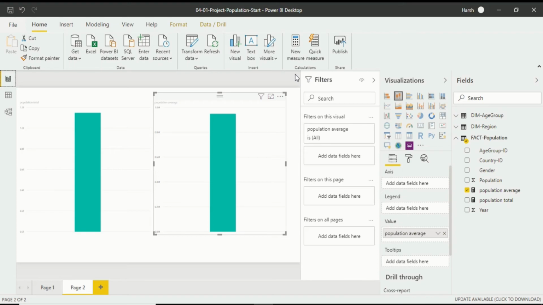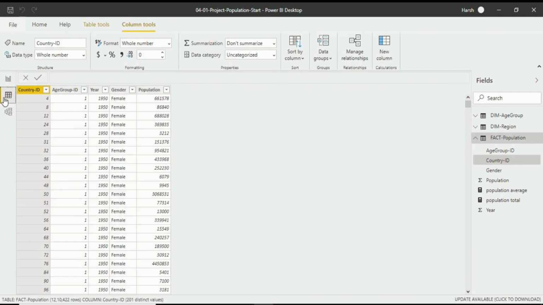Now we are in Power BI Desktop in the data model interface, specifically in report view, because there are three views available in the data model interface: report view, data view, and model view. As I have already told you in my previous video, if you want to write anything in DAX language, you have to go into the data view for that. So I will click on the data view first because I want to write a measure for CALCULATE.